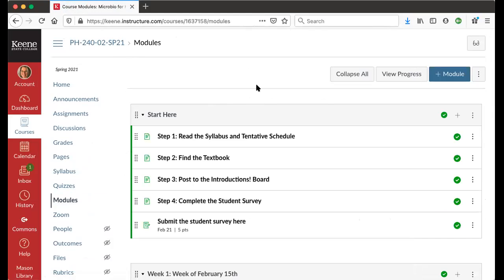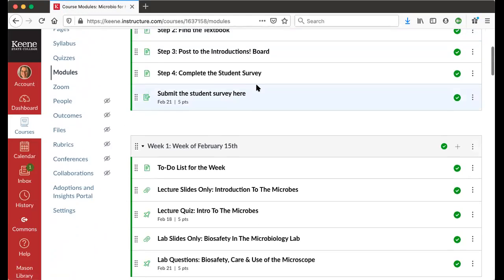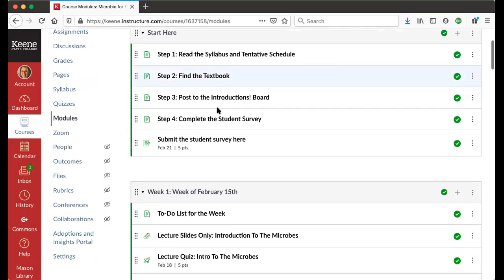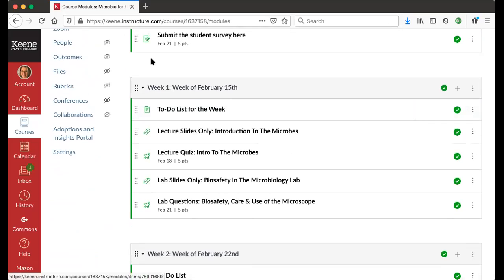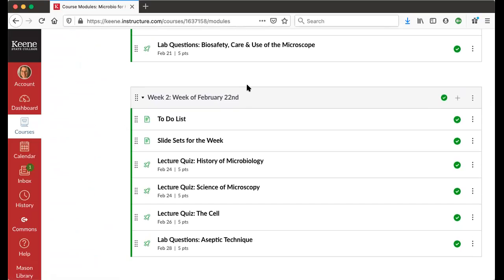And that brings you to this page. So remember, the way the course will be organized is week by week. You can see the first module is called Start Here. And then we see week 1, the week of February 15th. So that's this week. And then I've also got the second module completed for you, week 2, the week of